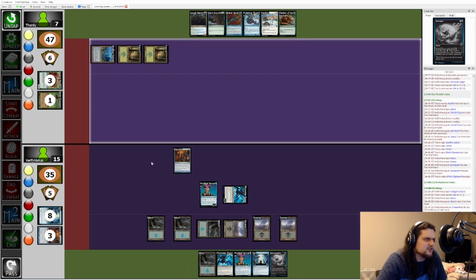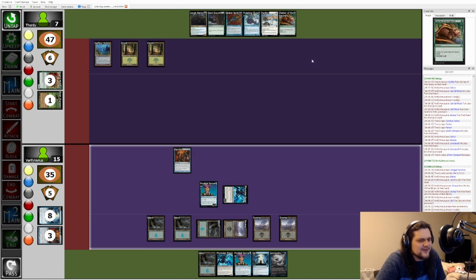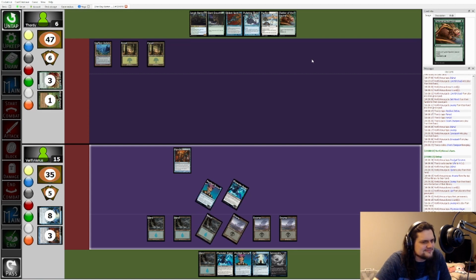Just don't play any cards and you'll be fine. Let's go. You can't draw if you don't cast anything. Yeah, just don't cast anything, man. I'm gonna pass. Okay. There you go. You've got this. His card draw engine's offline. Tim you for 1. Ow. Untap,